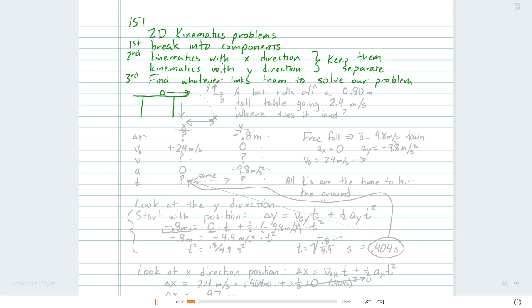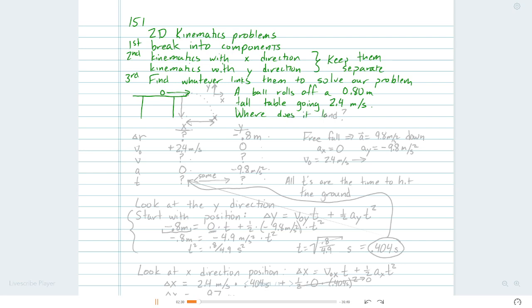And suppose we have a ball that rolls off a 0.80 meter tall table. The ball is going 2.4 meters per second. And I would like to know,